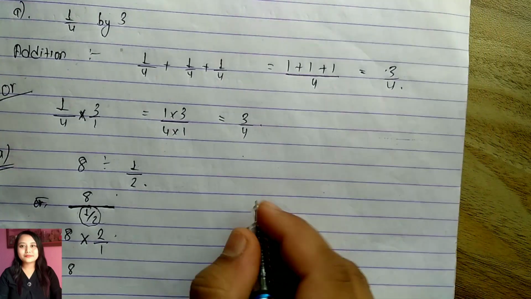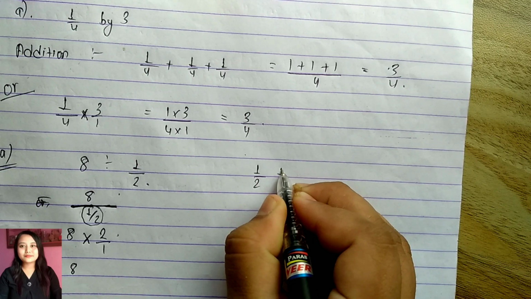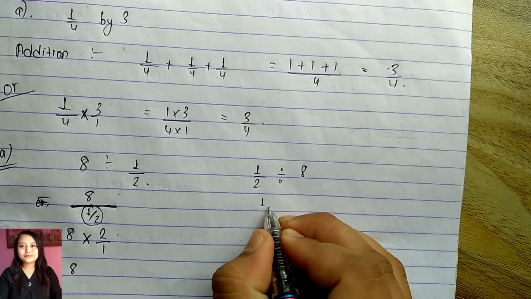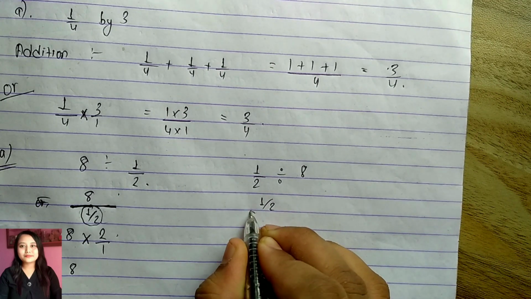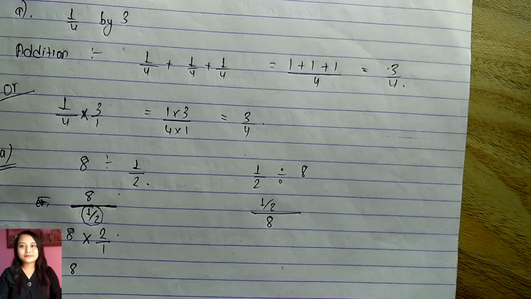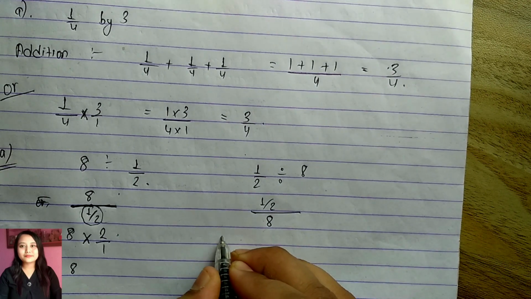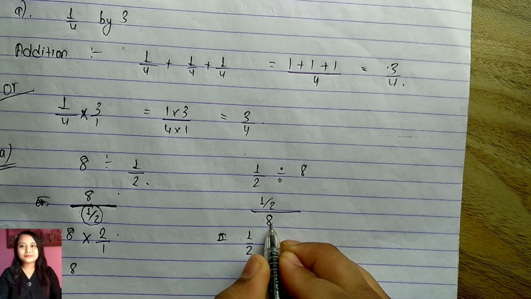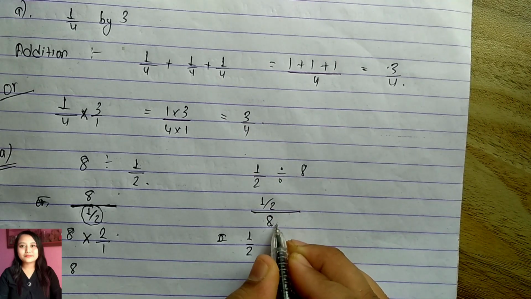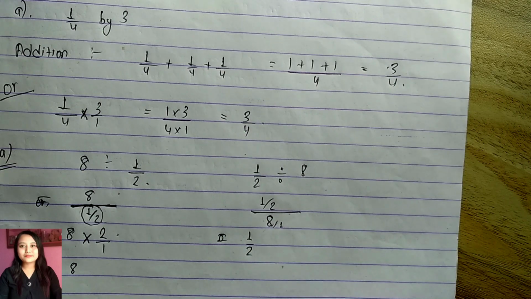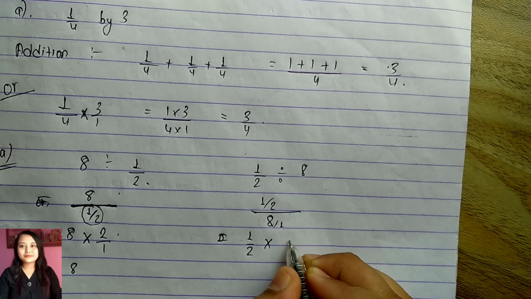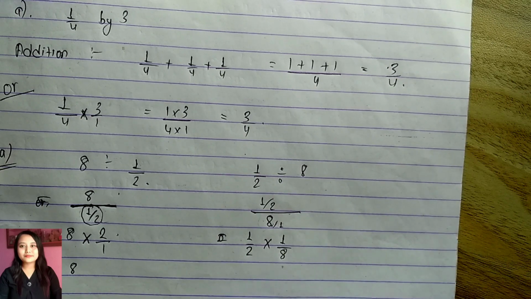But in the case of 1 by 2 divided by 8, if you see such cases, 1 by 2 is already here, but the main divisor is 8. So now what to consider is that 1 by 2 is already there, and here it is 8 only. The main divisor is this one, and let's consider the denominator to be 1. Again, we have to invert this, no? So it will be multiplied, and this 1 will go up, this 8 will go down.